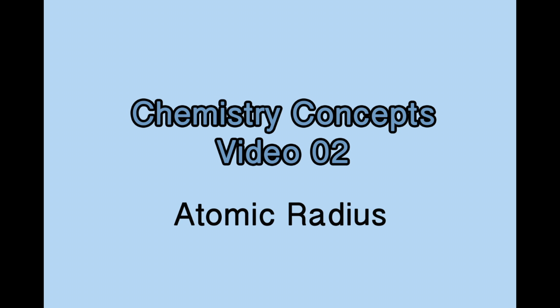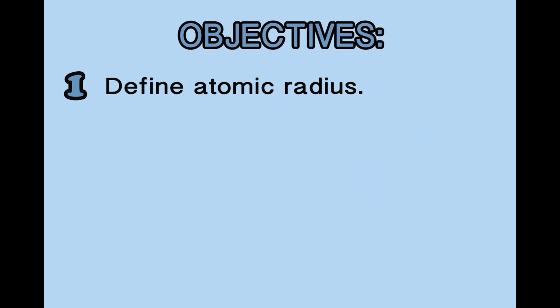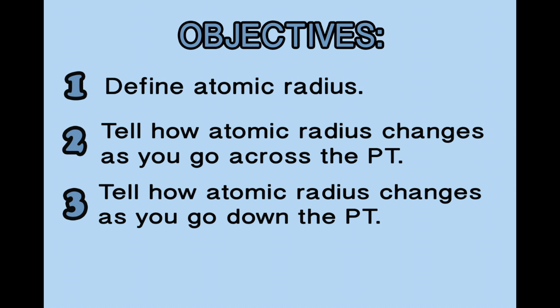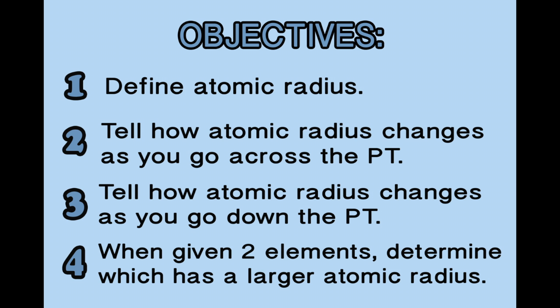By the time that you are done watching this video and practicing the concepts in it, you should be able to define atomic radius, tell how atomic radius changes as you go across the periodic table, tell how atomic radius changes as you go down the periodic table, and, when given two different elements, tell which one has the larger